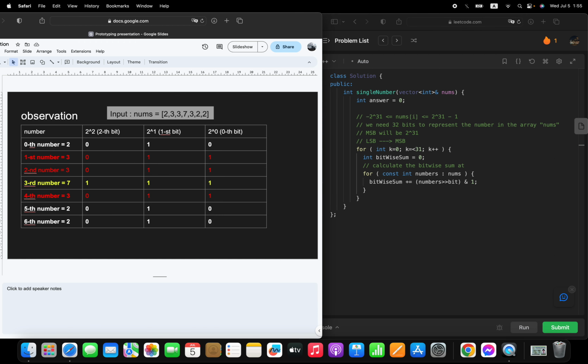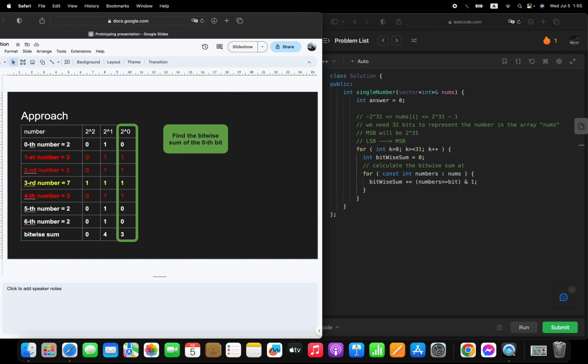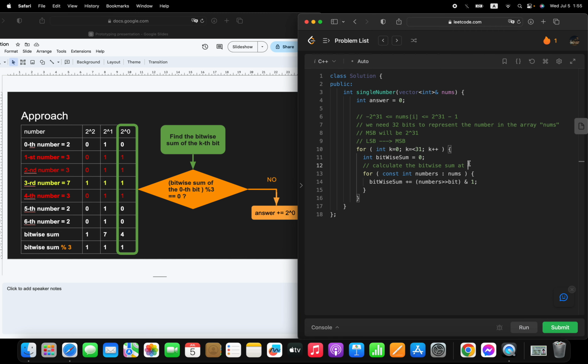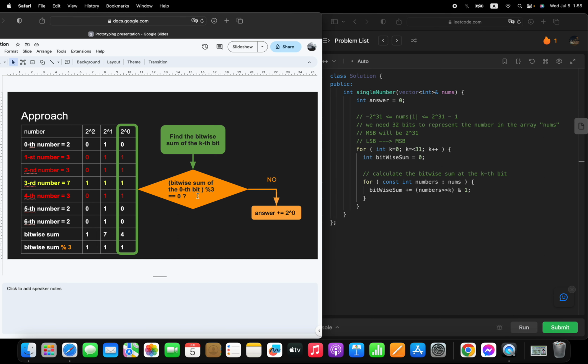That will be consistent with the description here at the kth bit. Okay. After calculating the bitwise sum, we will examine whether the bitwise sum of the kth bit,